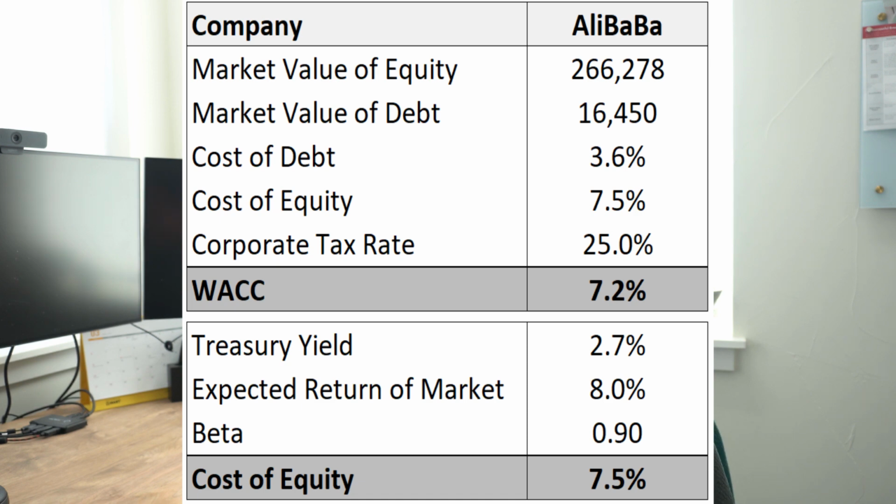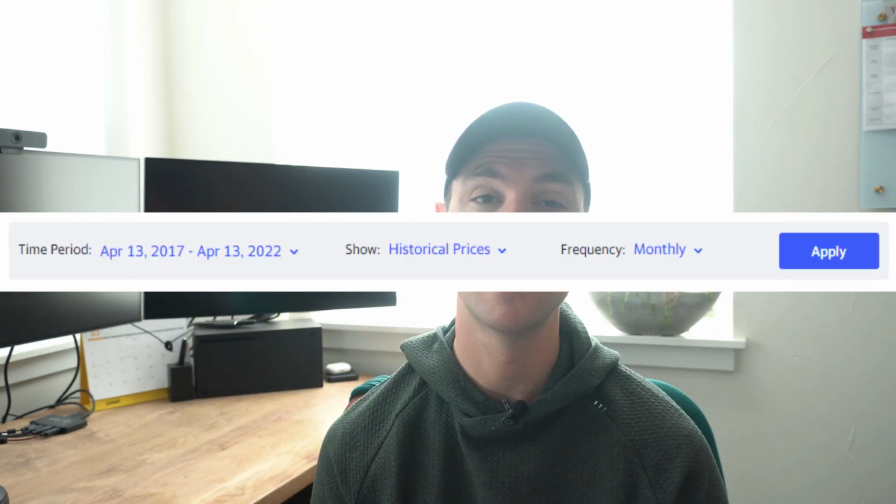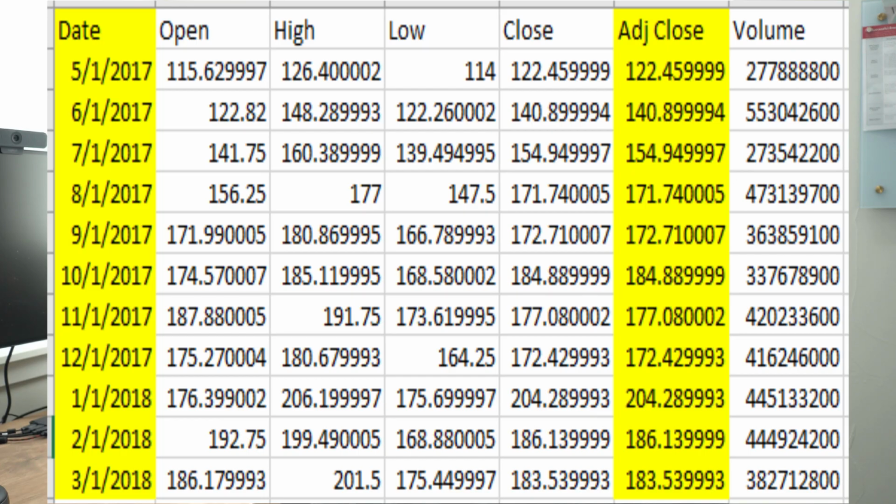The first thing we need to do is navigate over to Yahoo Finance and go to the Alibaba page. We're going to go ahead and click on the historical data tab. And from here, we're going to adjust the settings to show data for the last 5 years on a monthly basis. Go ahead and hit apply, then download. This will produce a spreadsheet, and we're going to copy over the date range and the adjusted closing price into